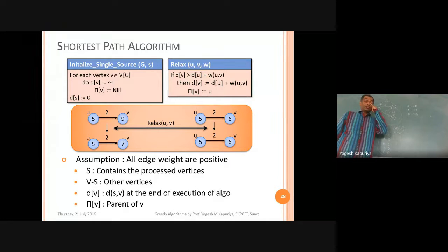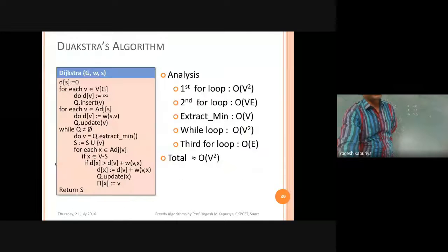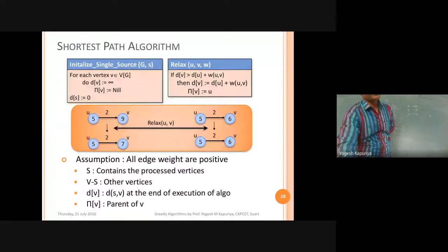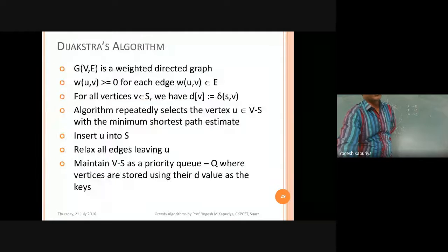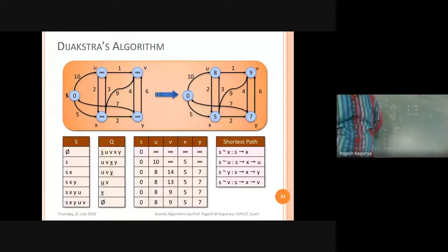I'm discussing this because one of those versions is there in dynamic programming, that is in the next chapter. Right? So at that time you should be able to recall the difference between shortest path in greedy and shortest path in dynamic programming. The versions are different. However, there is one version, single source shortest path, which is there in both cases. It can be solved using greedy as well as using dynamic programming. So let us try to solve that using the greedy approach.